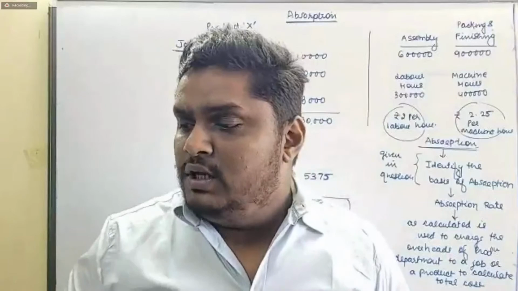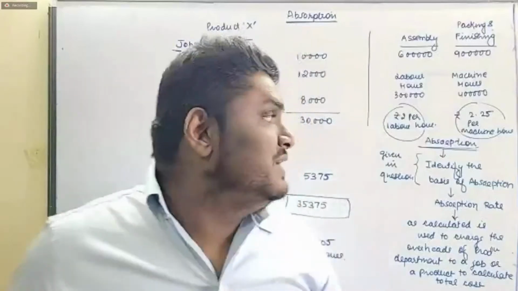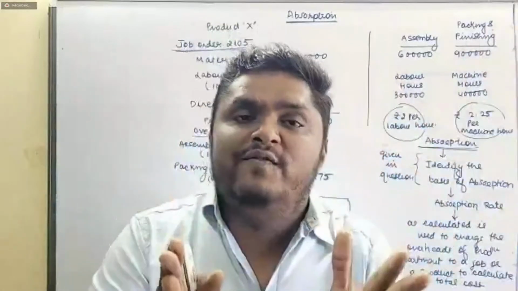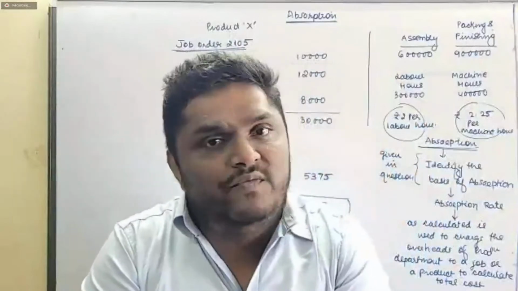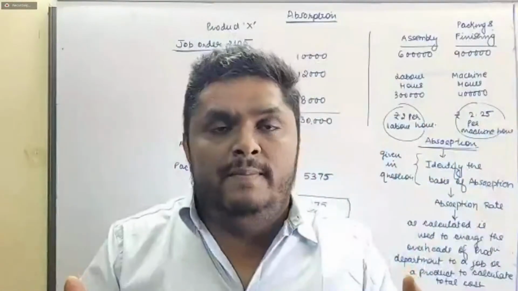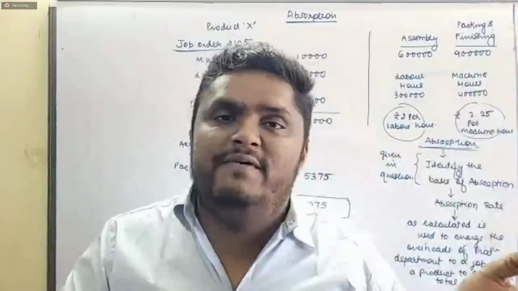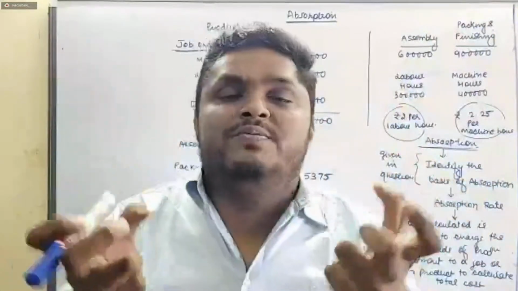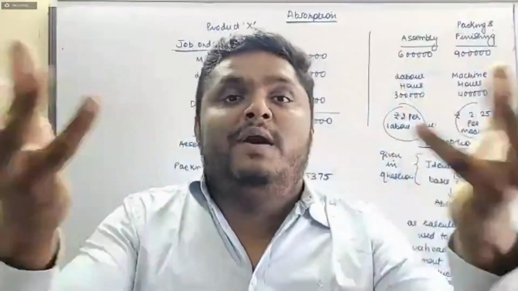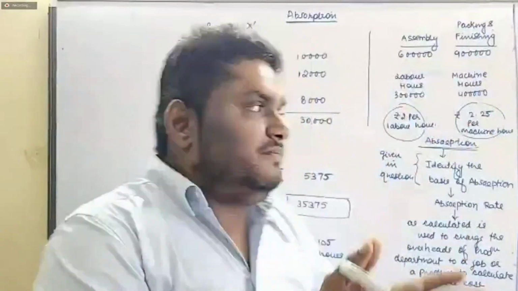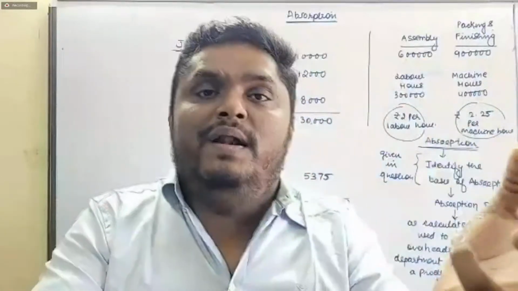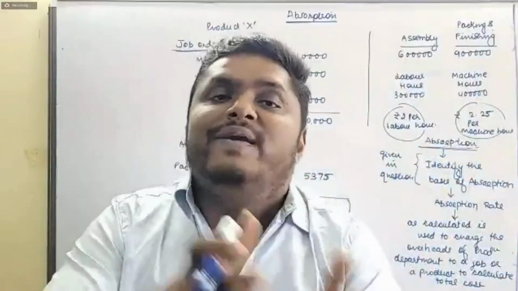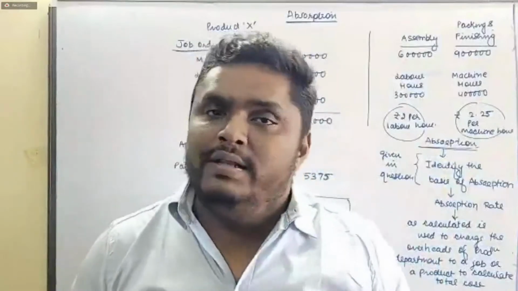So if you guys have any doubts, you can ask me, waiting for your queries, guys. This is all about the concept of overhead, the concept of absorption, wherein what we have to do is first identify the basis of absorption, that is, on what base we have to absorb. This information will always be given in the question. Once the base is identified, we have to calculate the absorption rate, that is, how much the production department costs per hour. Once we are able to find out the per hour rate, let's check how many hours were dedicated to this job or product,